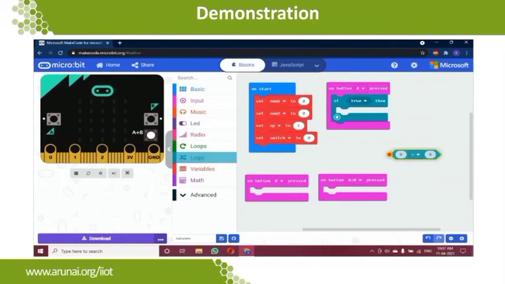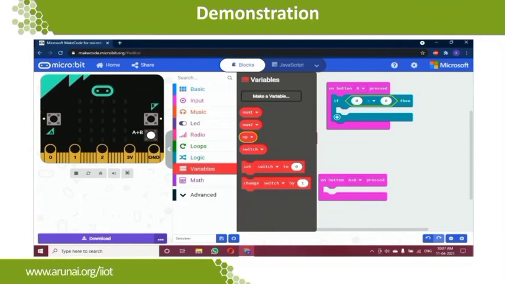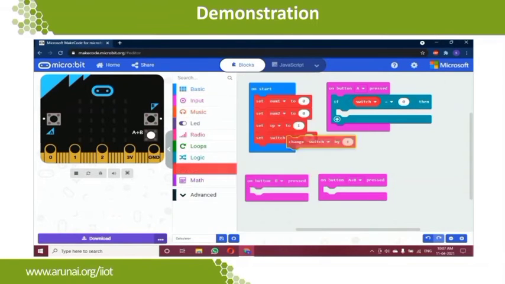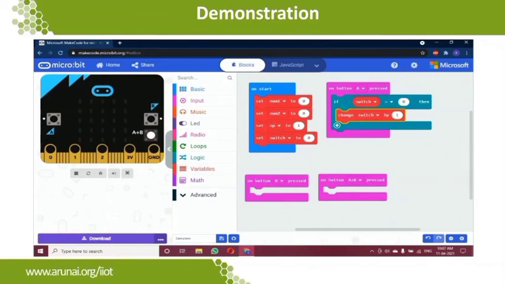I'm going to have equal to, that is number 1 equals this number. So now I'm going to use the switch value: switch equals 0. If switch is 0, then what is it going to perform? That is what we are coding.